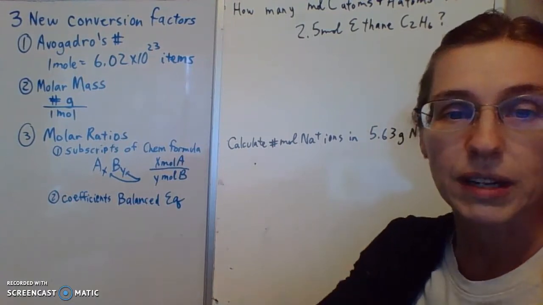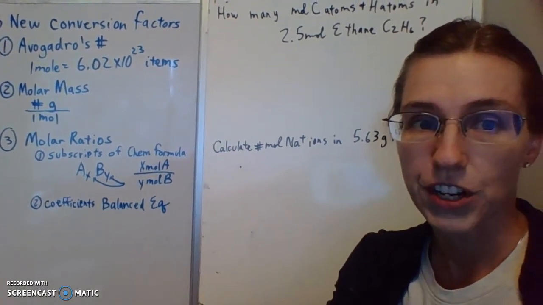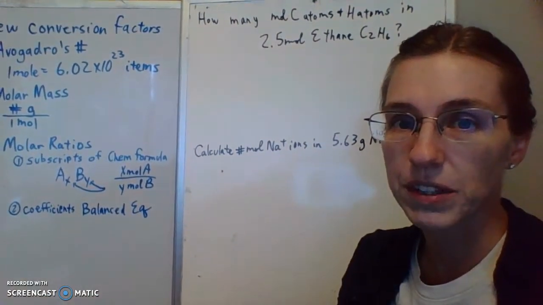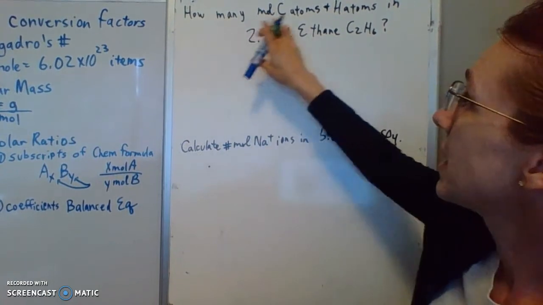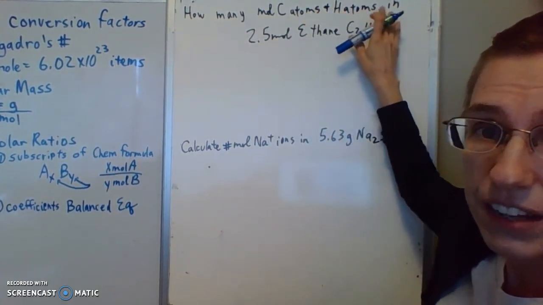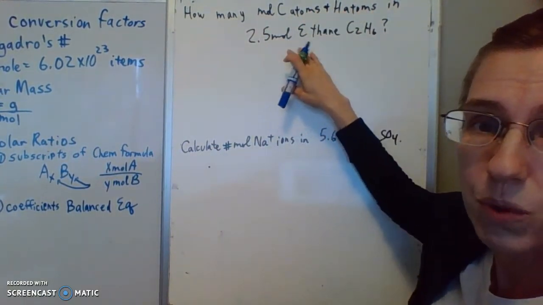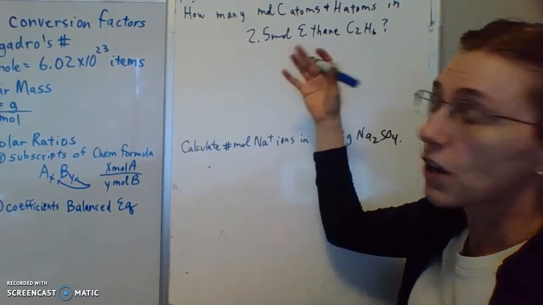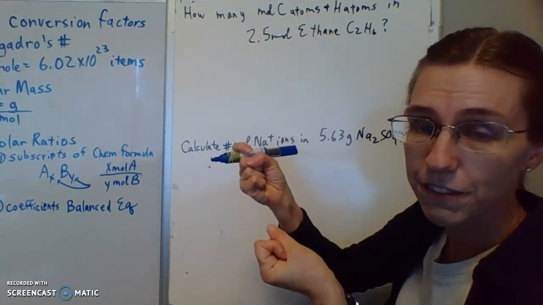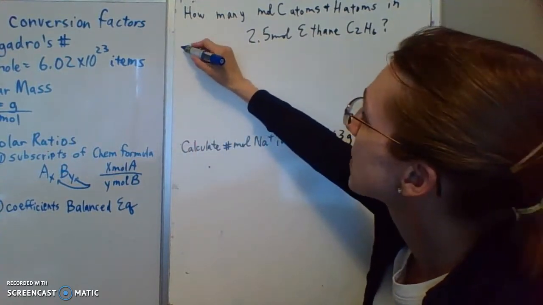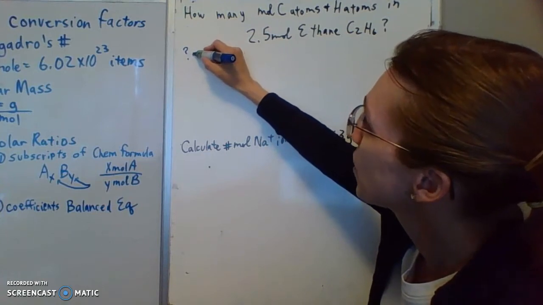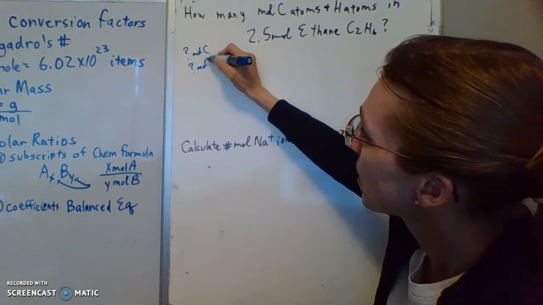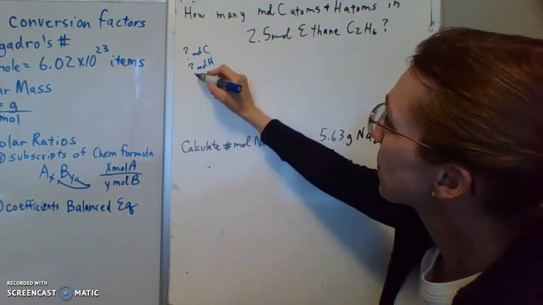And we'll also combine it with some other conversion factors so that we can see how we can use them in conjunction. Okay, let's start with this first one. How many carbon atoms and hydrogen atoms are in 0.2 moles of ethane? And it's the formula for ethane. Okay. Now, first of all, like all of our word problems, we're going to pull out that information before we get started. So it's asking for how many moles of carbon and how many moles of hydrogen atoms there are,